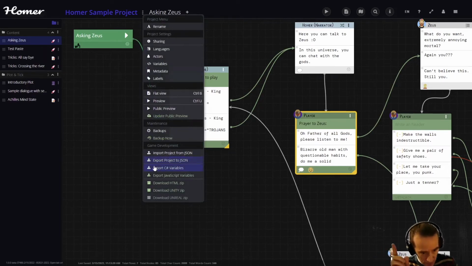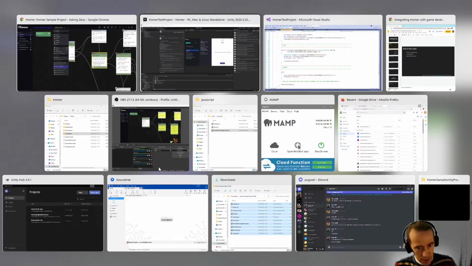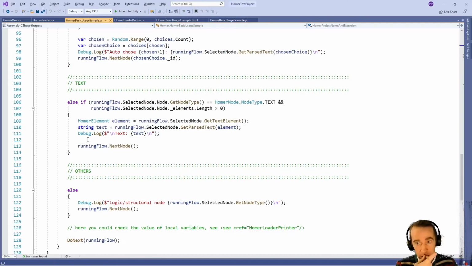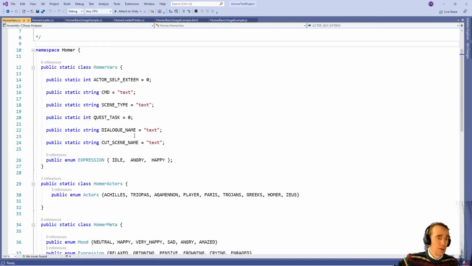But actually, the application also generates for you a C# class with all the variables defined for you. So, unlike in other tools, you don't have to call them by string, but you actually have an always updated Homer vars class with all the variables defined in Homer available for you